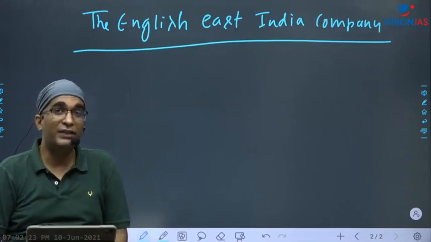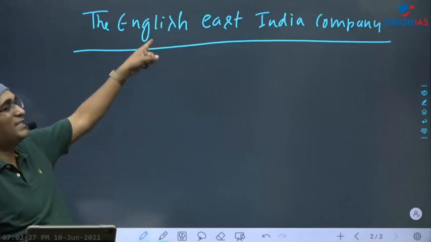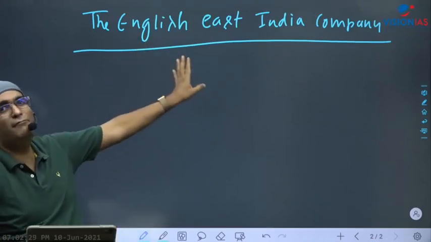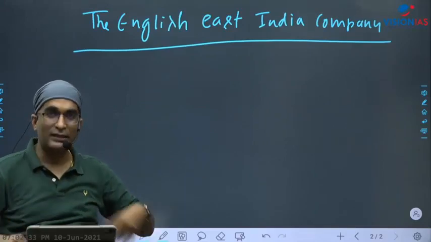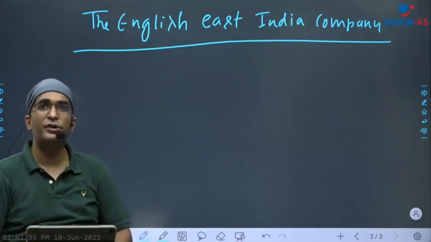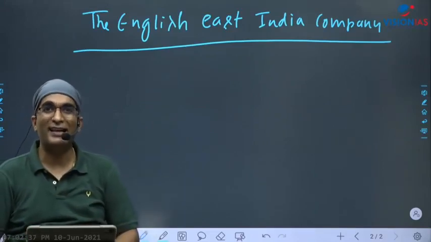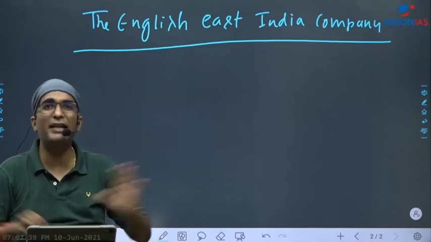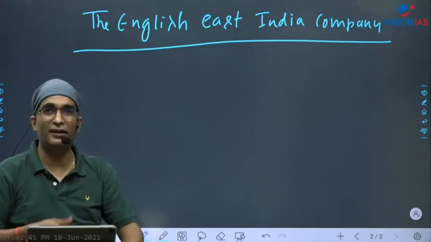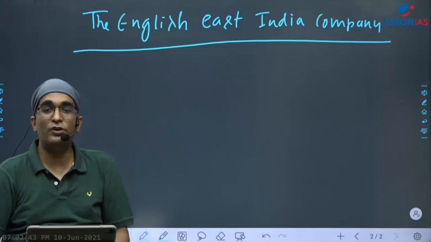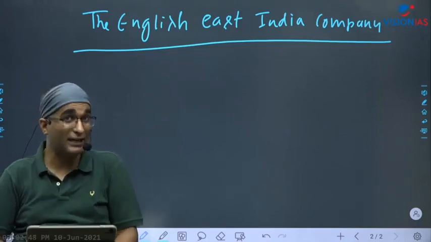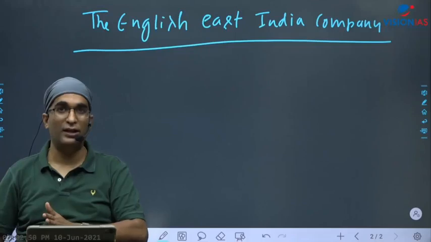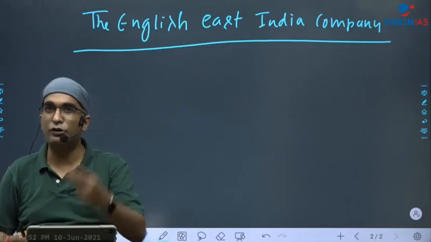1599. So in 1599 this company was created, but not with the same name. This is a name which came later, and it's a generic version that we are writing. After 1700, we started to call this company the English East India Company. But before that, it had many names and changed over the period. In the beginning it was Merchant Adventurers, then it became British Joint Stock. In fact, there were two persons. One was